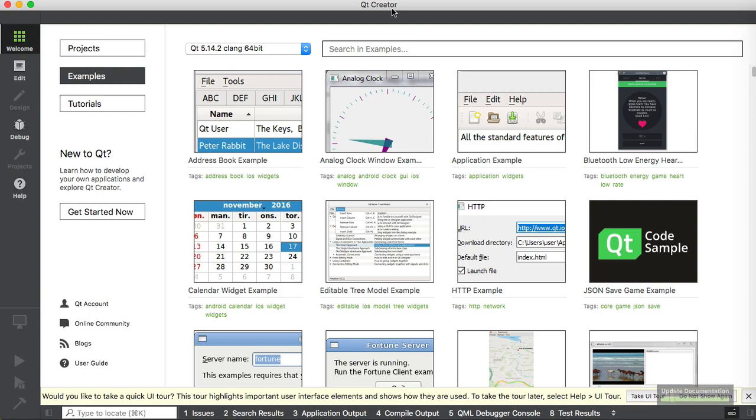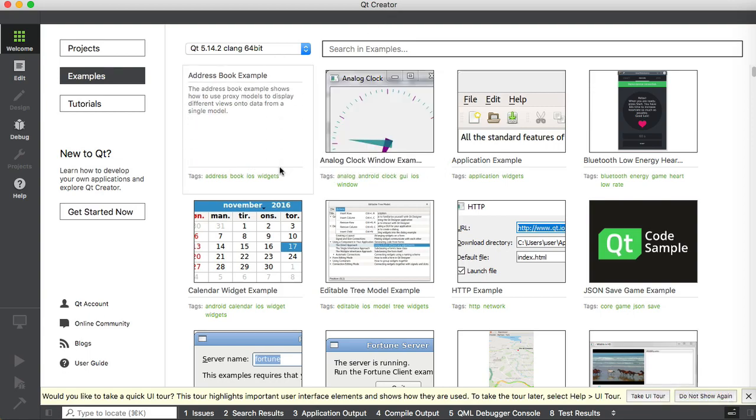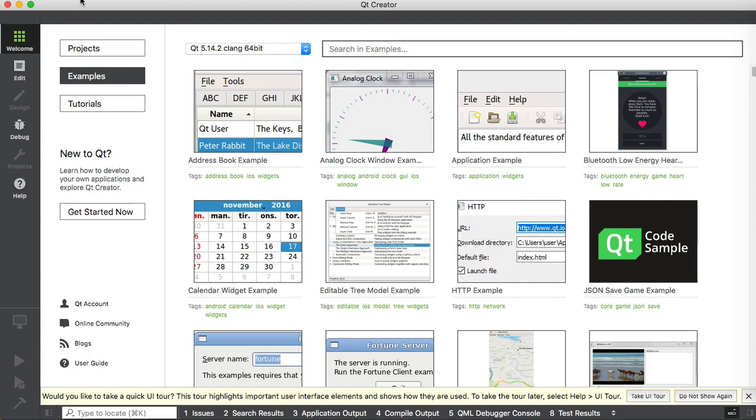This is the home screen of Qt Creator. There are lots of examples with C++. Now to create a Qt form for PyQt,